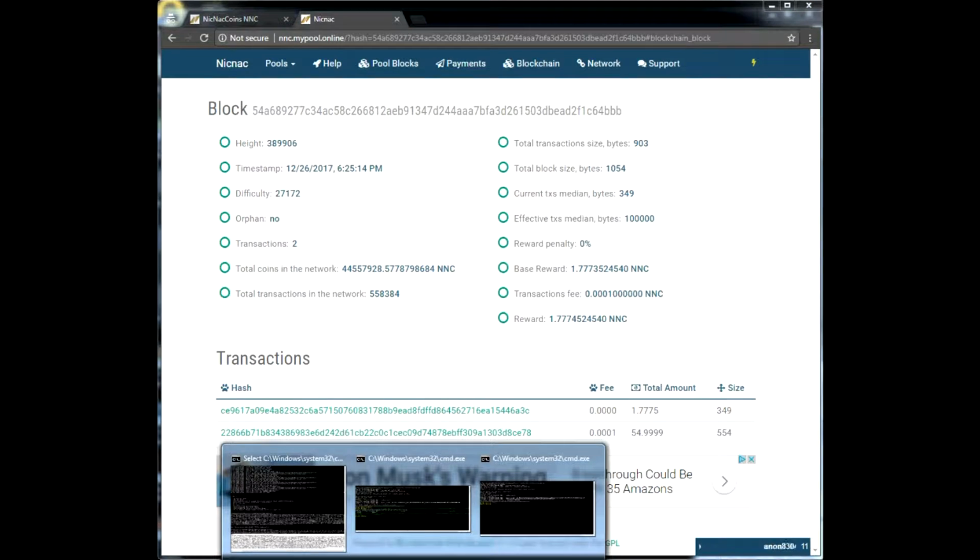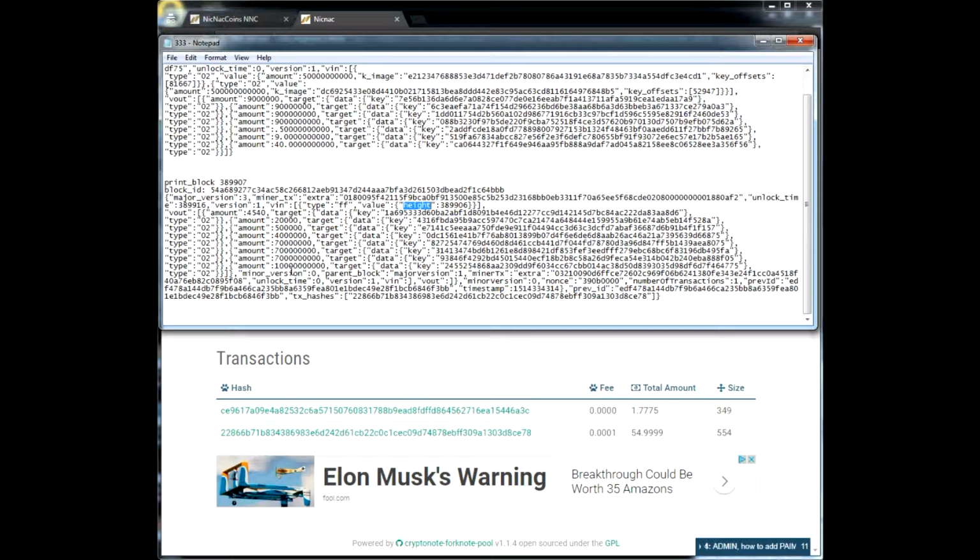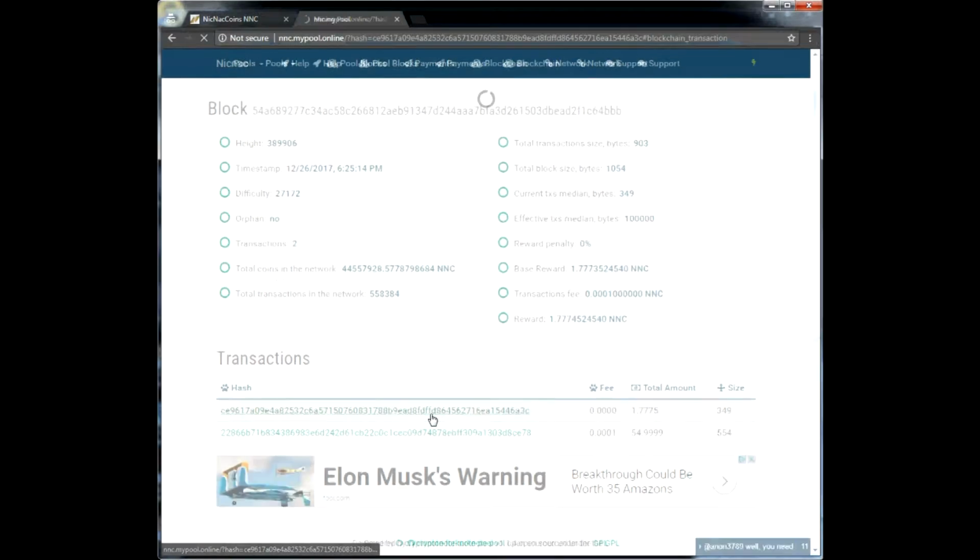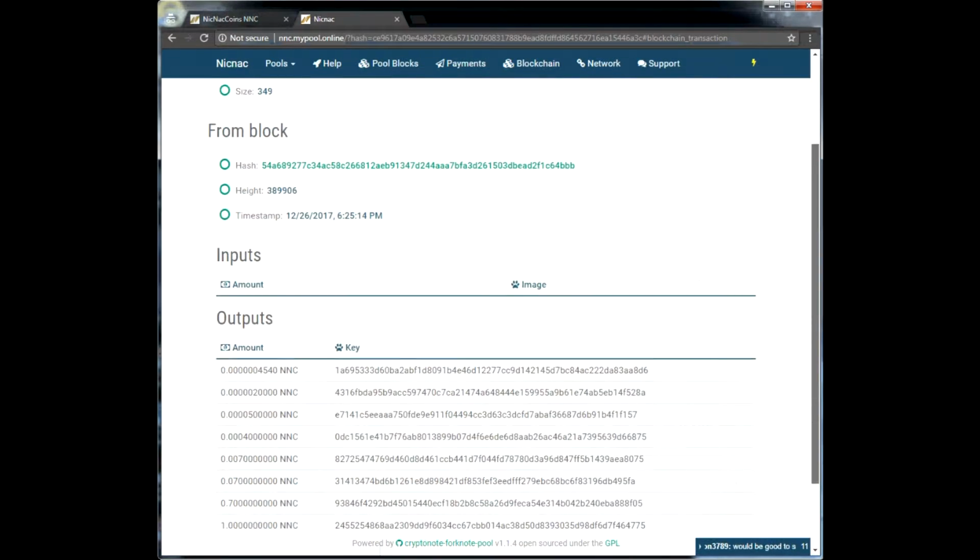If we go back to the daemon information, what we'll see is fewer digits, but it's basically referring to this transaction hash here, where it has 1.7775 NicNac coins. So if we do the same thing and we add our decimal point in, we can actually see, and I'll just stop right there just so this video doesn't run too long. With the 1 digit, I'll actually click on this transaction hash so you can see the view keys,